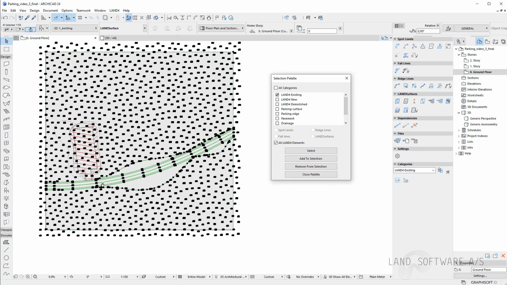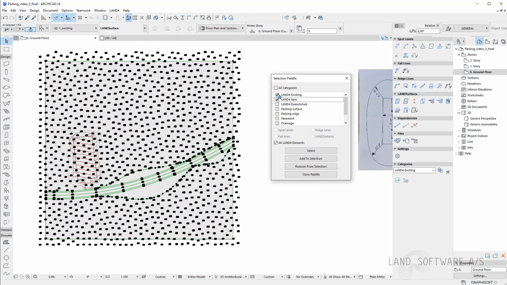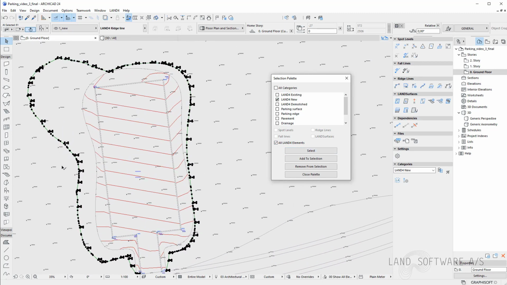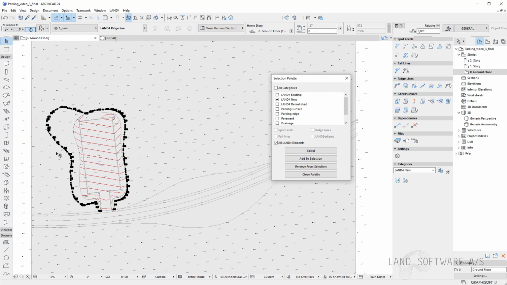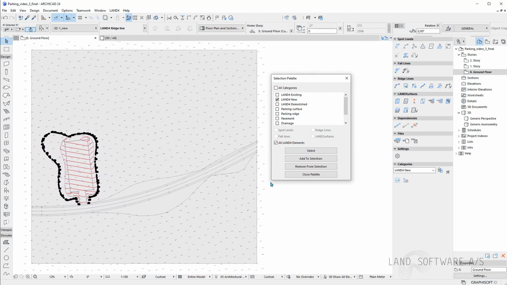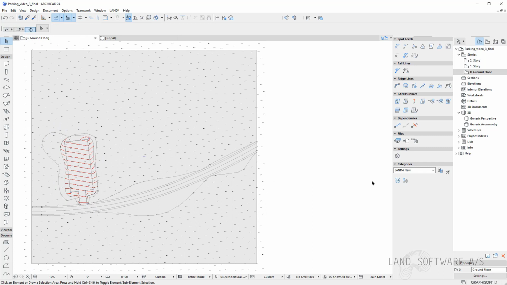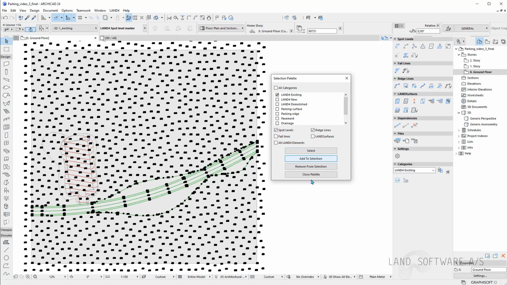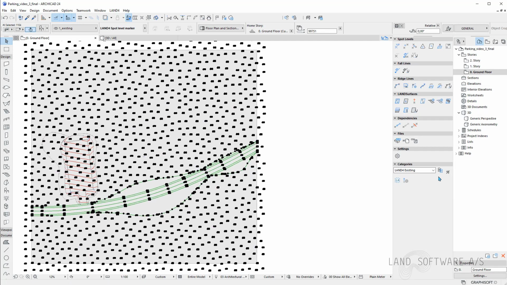And in the new terrain, we have no objects yet except the spot levels and the ridge lines we have created. Therefore, I will now close the palette, and I actually need a selection of the objects in existing. And now I can copy them to Land4 New.